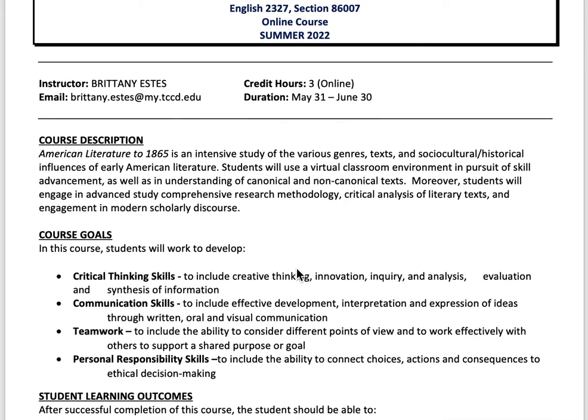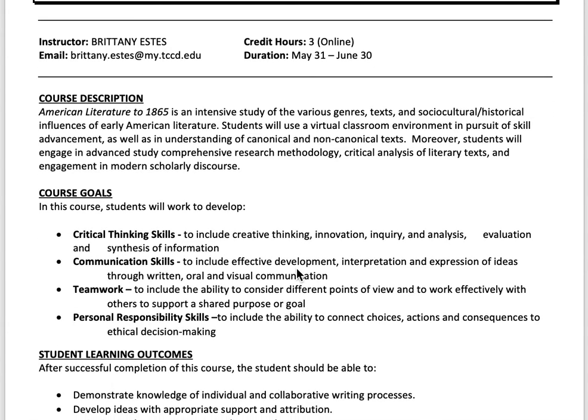Basically, this English 2327 looks at different texts across different movements and genres, from the foundation of our nationhood, through the discovery of America, up through the Civil War.